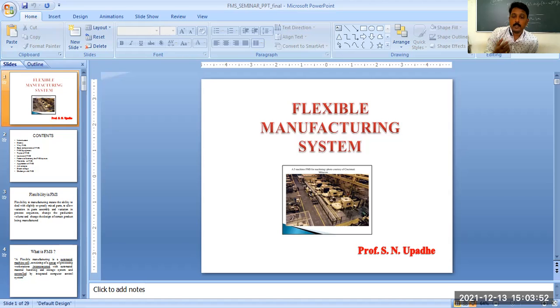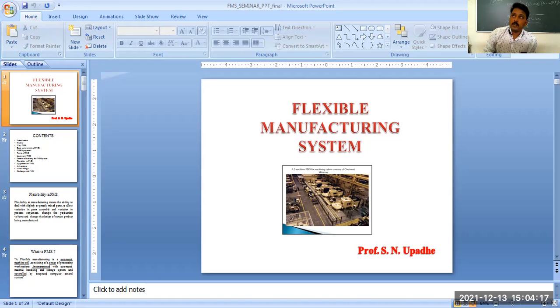In mass production, I don't have that flexibility. In job type production, I have less flexibility. And in the final job type of production, I will have very high flexibility where I can change the design itself. So this is how flexibility of manufacturing changes across these different types of systems.